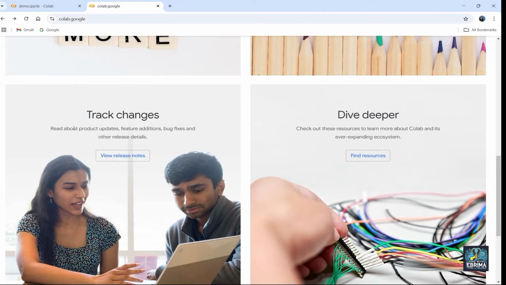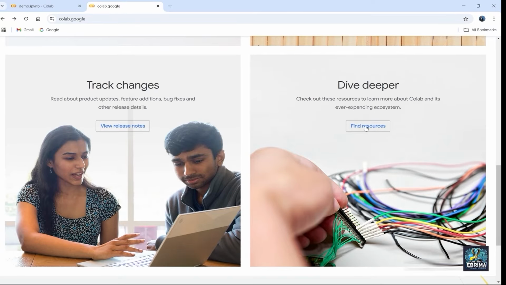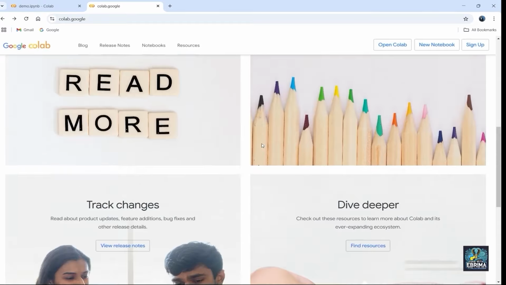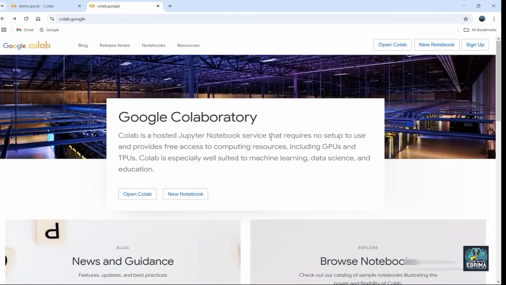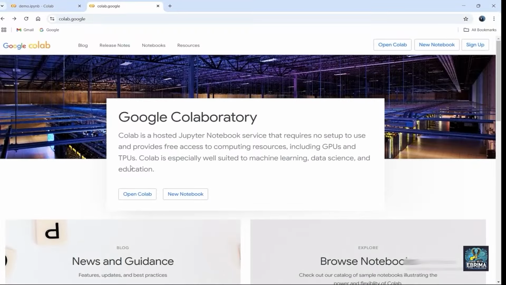You can read about product updates, feature additions, bug fixes, and other release details, or you can dive deeper. This is important to note. The reason why I come to this page is just to show you the additional resources. Now also you can see here we have Open Colab and then we have new notebook. If you come here also we have Open Colab and new notebook.